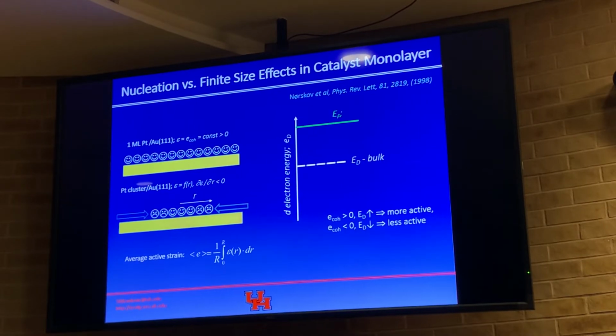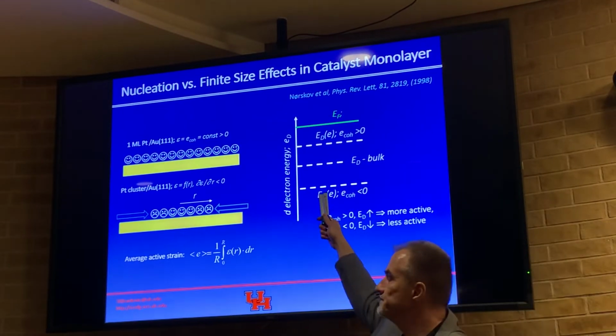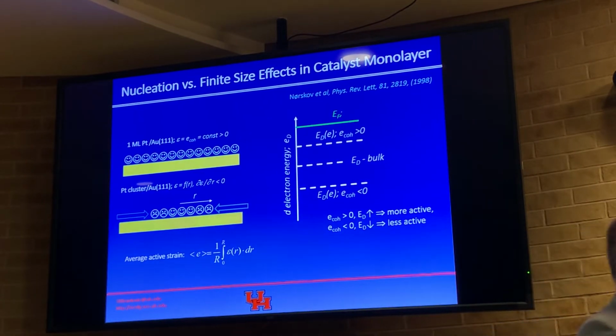And so again, you know that if the strain is positive, we are shifting the d-band center energy towards the Fermi level, increasing reactivity. But the bottom line is that in reality, due to this two-dimensional finite size effect, we will always have this, because the average strain in the cluster will always be compressed. So they don't tell us. So when we calculated this and